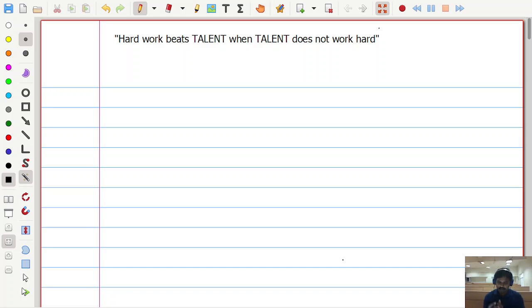So let us start today's session with some quote. The quote is, hard work beats talent when talent does not work hard. This inspired me a little bit. If a talented person does not work, and just thinks that he has talent, that doesn't work. But if a normal person is able to work in steps, definitely he could win the situation. Right. So with this quote, let us start today's session.